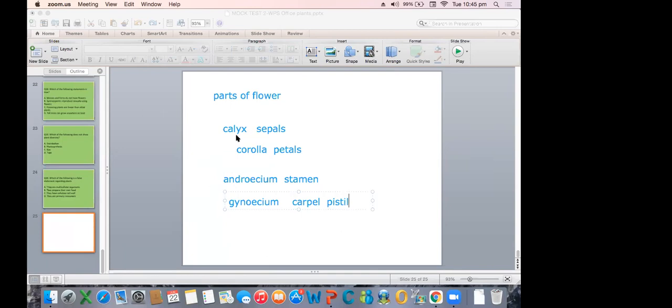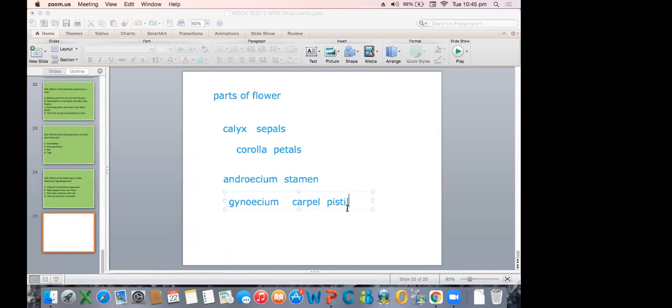The four parts of the flower: the outermost wall is called the calyx. It consists of a number of green structures called sepals. Inner to that calyx, there is one more layer called the corolla, which has bright colored structures called petals. This gives an attractive look to the flower. Next, inside the corolla, there are the male and female reproductive parts. The male reproductive part is called the androecium or stamen. It has the filament and the anther. The gynoecium, carpel or pistil all mean one and the same. That is the female reproductive part of the flower, which consists of the ovary, the style and the stigma.